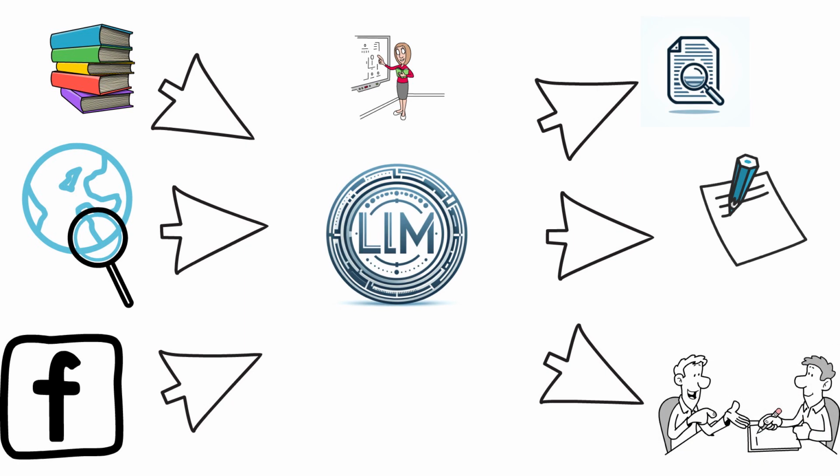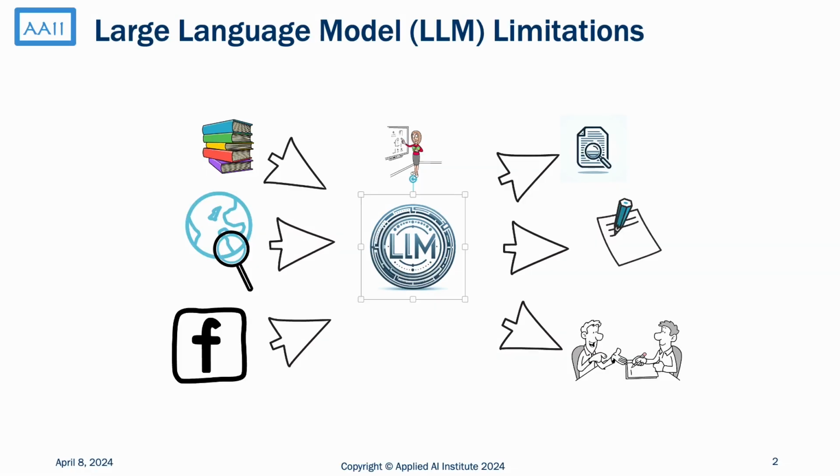A key problem with these LLMs is that they are trained once and then used many times. The training takes a long time and it is economically and technically not feasible to train the model on the latest corpus before every user query. As a result, there are several limitations with the LLM.